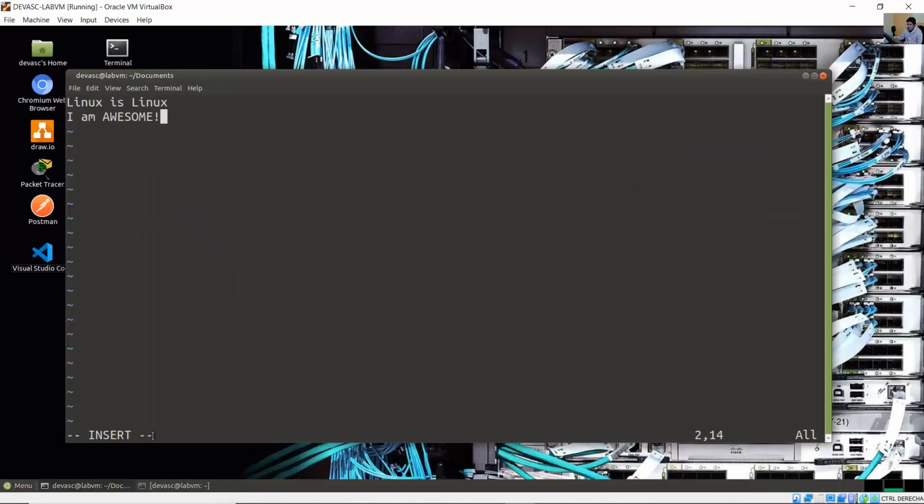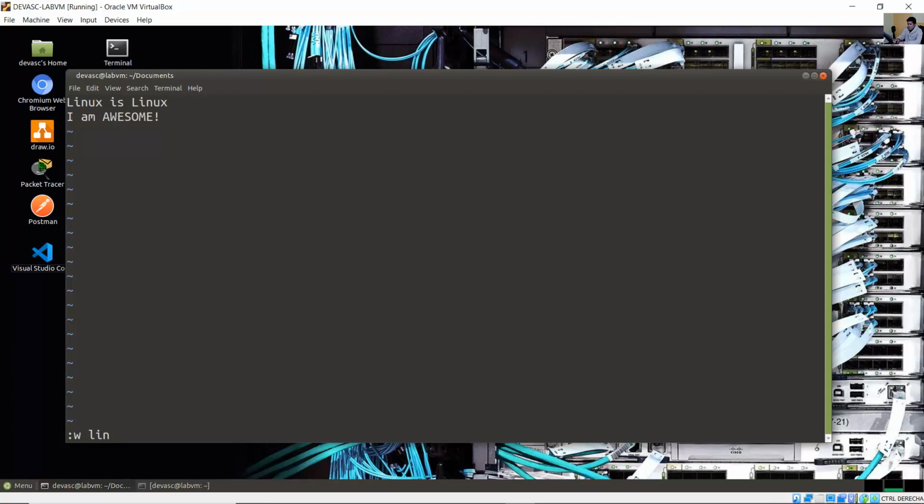Okay, and you are on insert mode, escape key, and now you are on command mode. This is command mode. Use colon W to write, and then the write is save, and save with a new name,